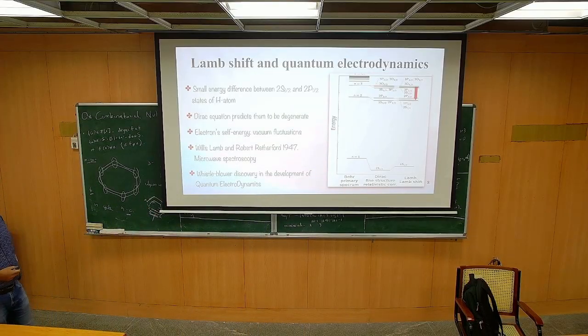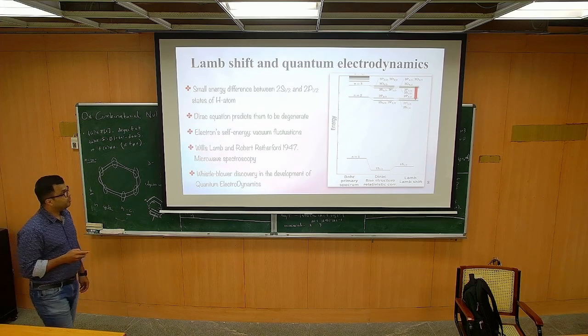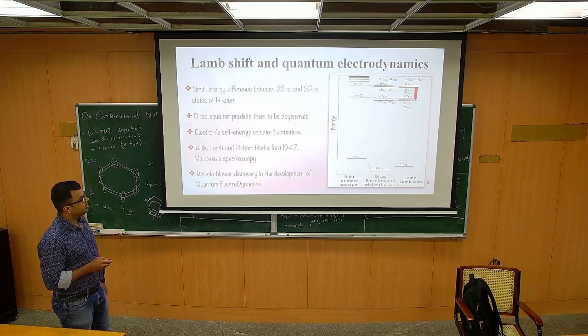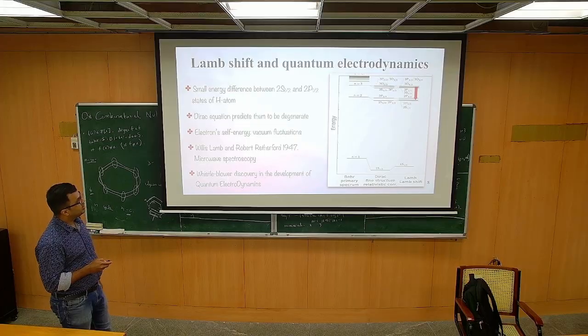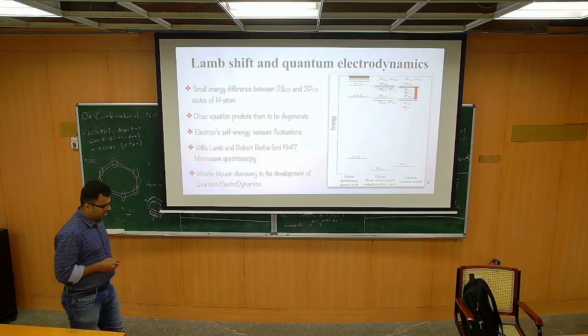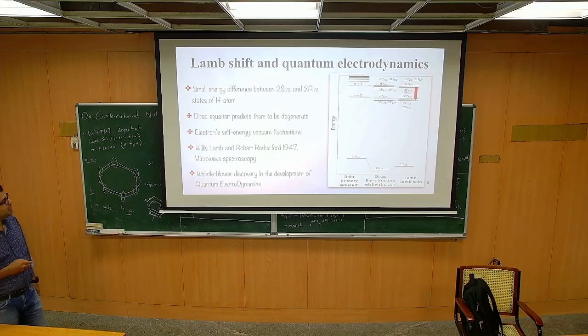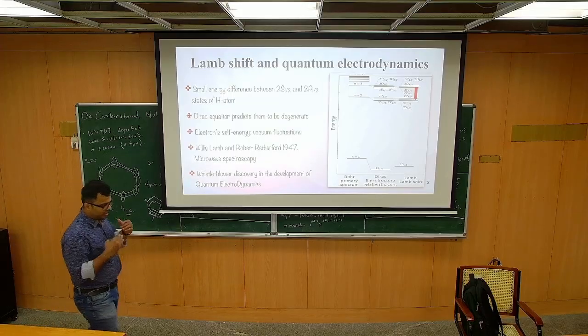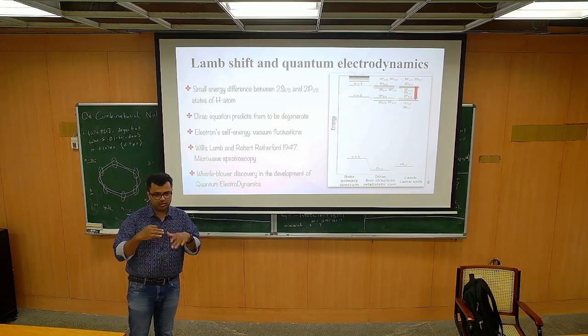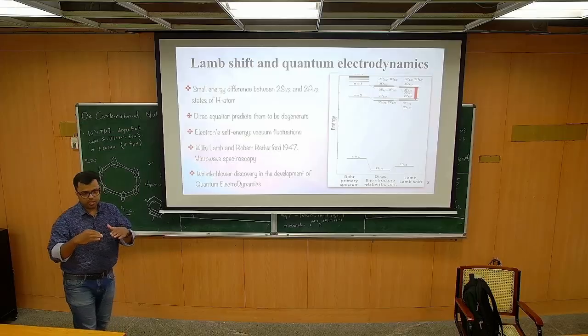No. There were other experiments where people found that there are certain energy levels, like 2p, 2s 1/2 and 2p 1/2. Here I have pointed it out. Based on the theory, based on plain quantum mechanics, it was argued that they should be degenerate. What do we mean by degenerate? Their energy levels should be the same.